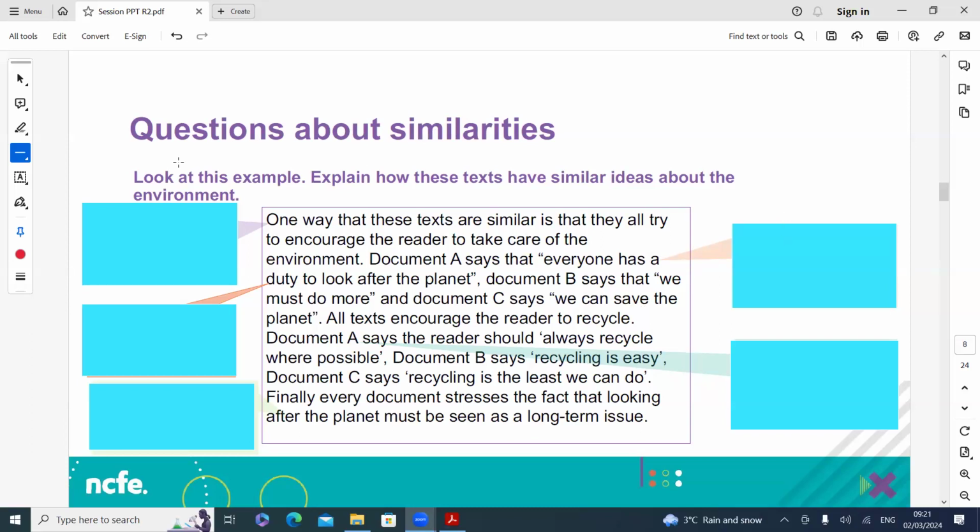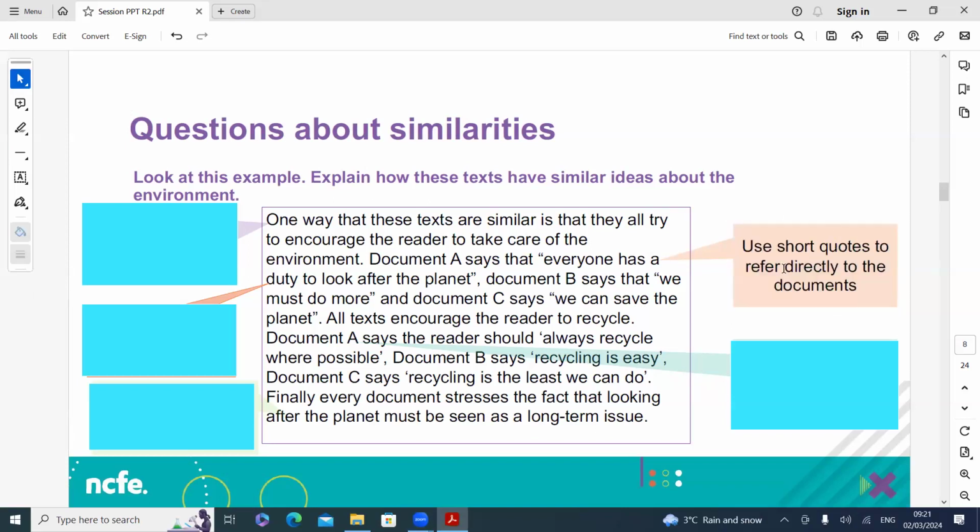Okay, let's have a look together. This one. So we've got short quotes referring directly to the documents. How has the answer started? So, one way that these texts are similar is, and they have told us what they are all aiming to do, trying to encourage the reader to take care of the environment. Okay, so straight away, they are telling the examiner that they understand the question. So that's a good way to start your answer. One way that these texts are similar is,